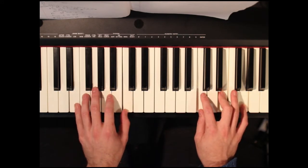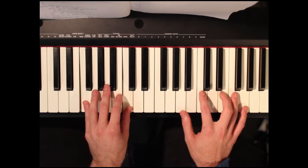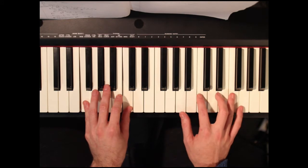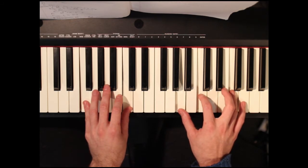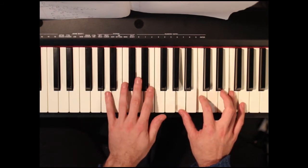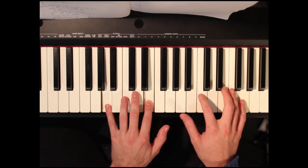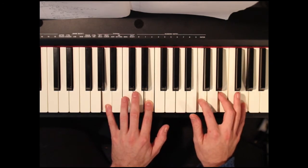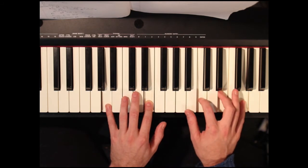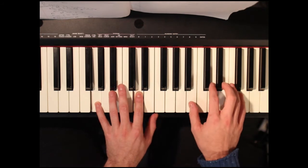To an F chord, so F and C in the bass, and an A, C, F in the right hand, and then to an A minor, so A and E in the left hand, C, E, G in the right hand, which actually makes that an A minor 7. Back to a G, G and D in the bass, B, D, G,